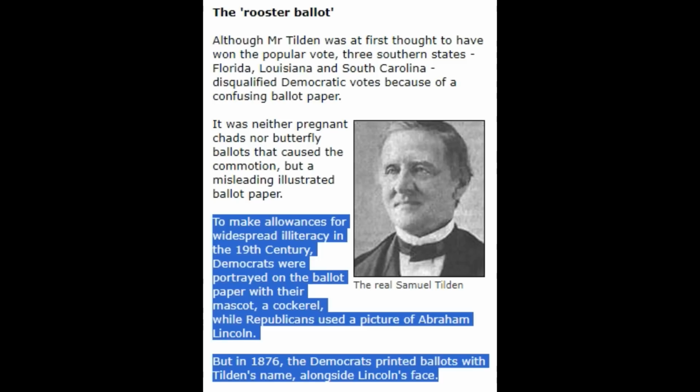Democrats? Yep. The way they did this was they were trying to trick voters that were illiterate at the time in some of the deep South states by, I kid you not, for the ballot for the Democrats, they had a painting of Abe Lincoln on the Democrat ballot there. Abe Lincoln at the time being a symbol of the Republican Party. Which they deliberately put to try to trick people who were illiterate into voting for the Democrat. So, actual election fraud. Through misinformation to try to trick the voters, no less.